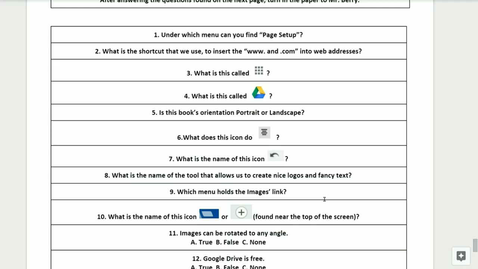Number 5. Is this book's orientation portrait or landscape? Number 6. What does this icon do?